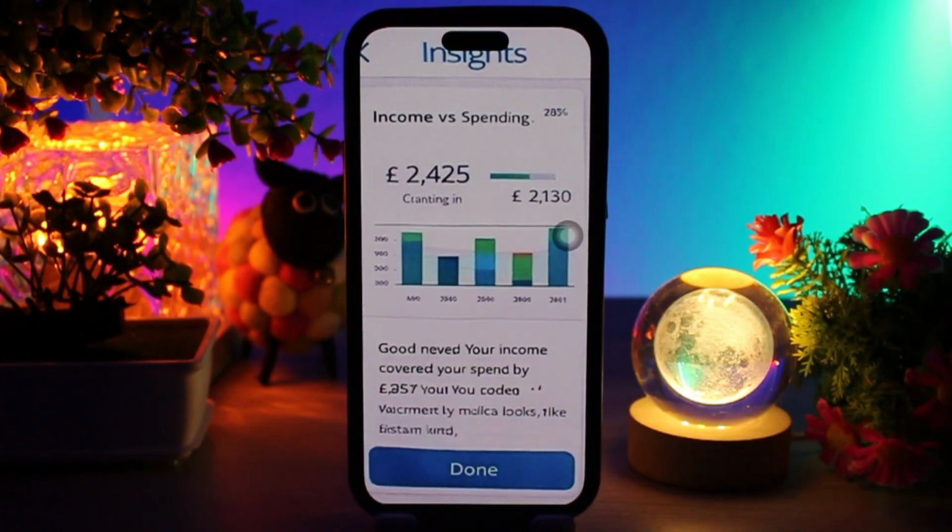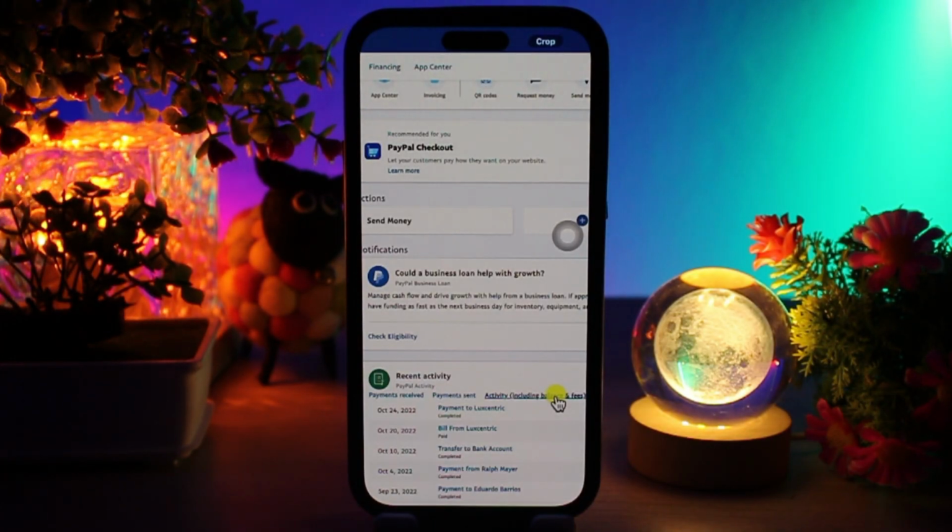How this works is you link it to your bank account, and once you link it, you use PayPal for payments and subscriptions, and transactions flow into your bank account, and your bank's financial health tools analyze the data. Now if you want to use it from the Chase Bank application, then what you need to do